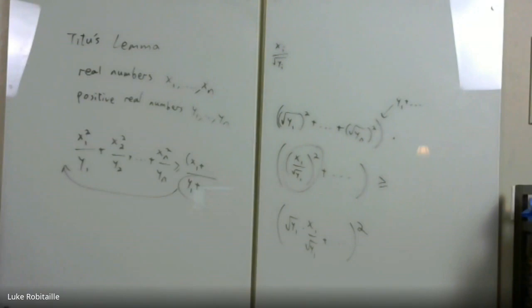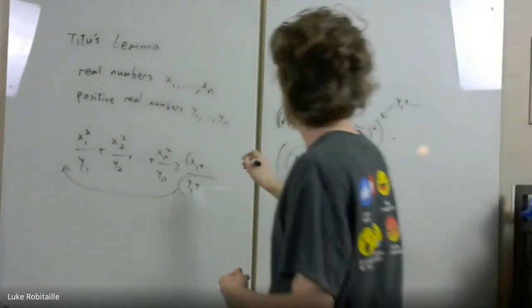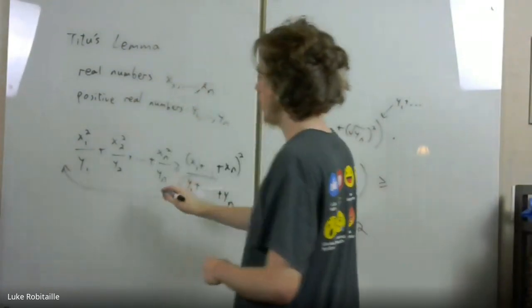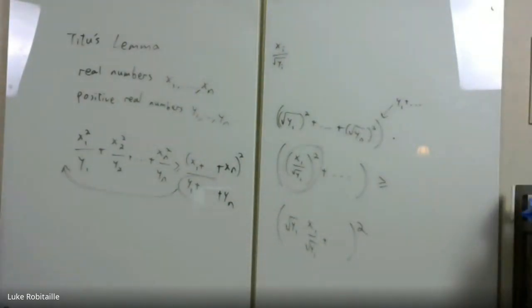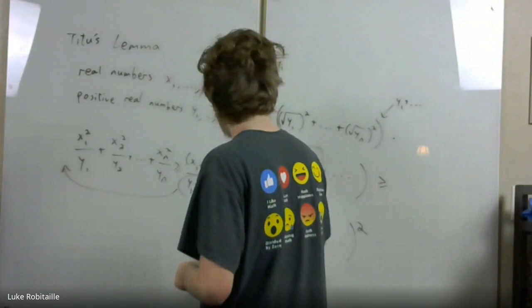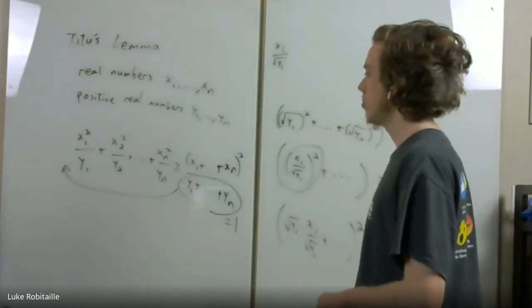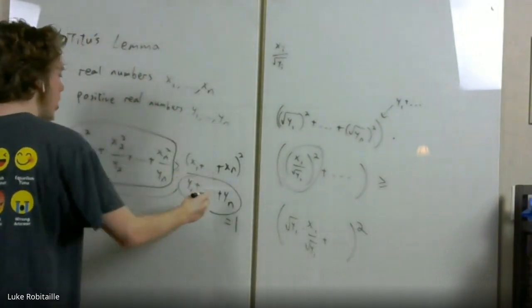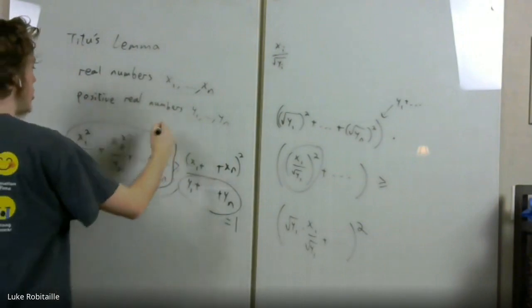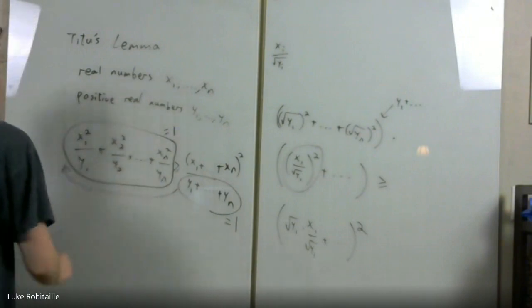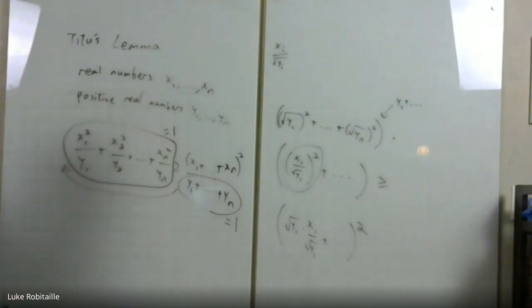Yes, okay. If the xi's are all 0, it's just trivial. Otherwise, the left-hand side is strictly positive. And so now, homogenize the yi's to assume that their sum is 1, then homogenize the xi's to make this 1, after we've already homogenized the y's. And then you can just say,